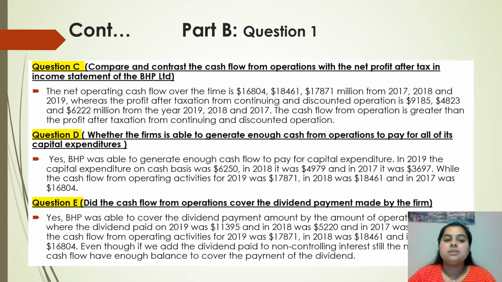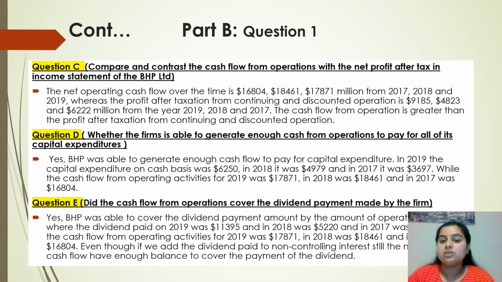Question C, which is to compare and contrast the cash flow from operations with the net profit after tax in the income statement of BHP Limited. The net operating cash flow over the time is $16,804,